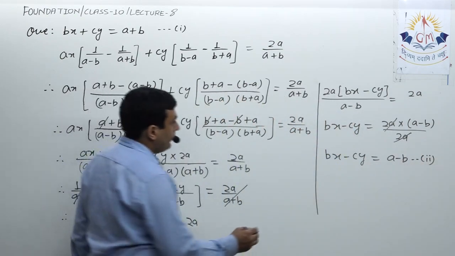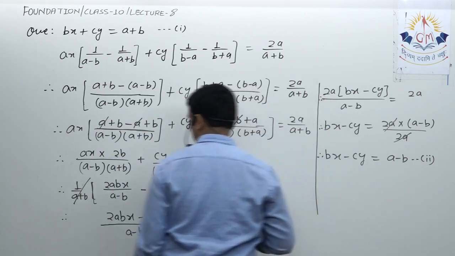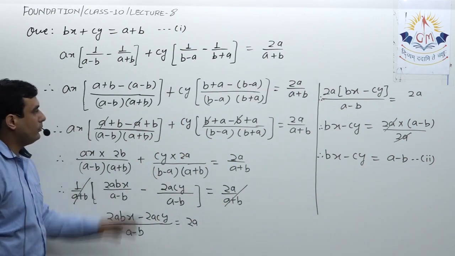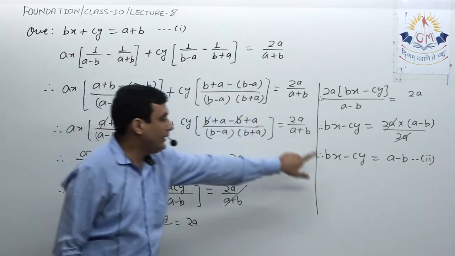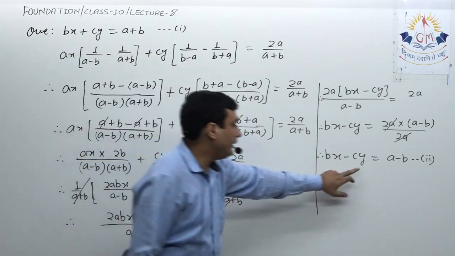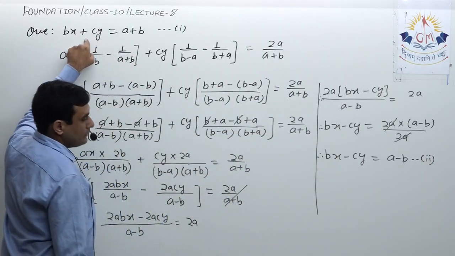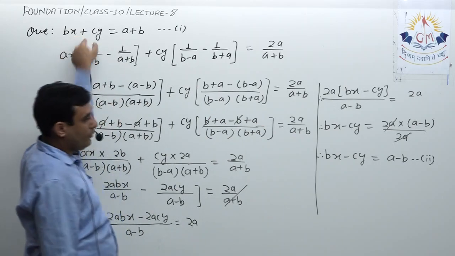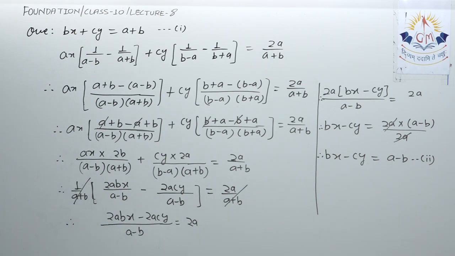I hope you are able to understand that first of all we have to simplify this, then only is it possible to get the values of x and y. So note it down up to this point. Now it is bx plus cy, here it is bx minus cy. You can see that the coefficient of y is directly the same with opposite sign, so by just adding these equations we'll be able to get the value of one variable, that is x. So note it down first of all, then I will give you the further solution.